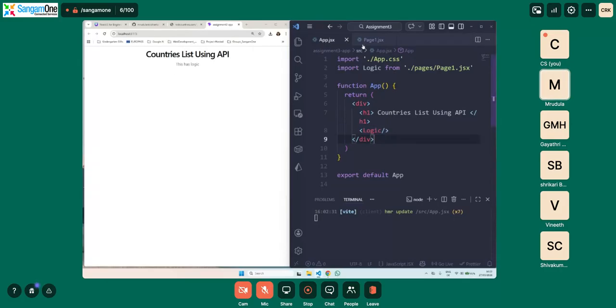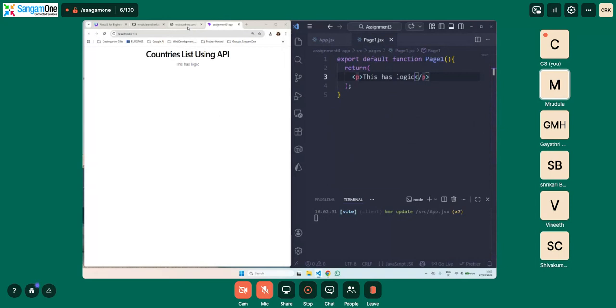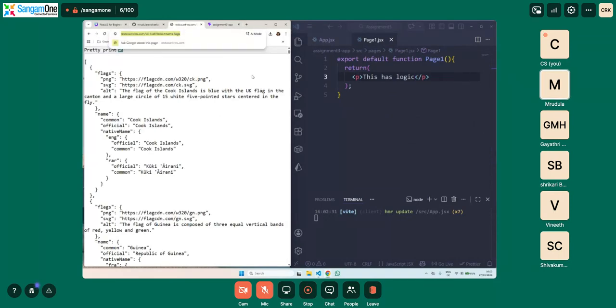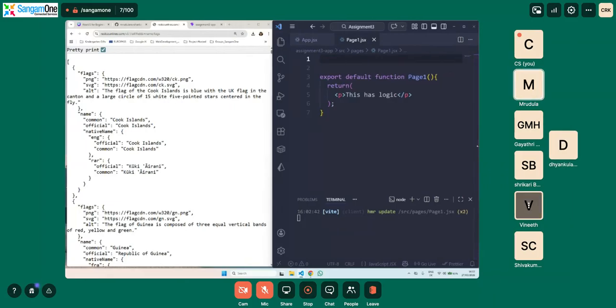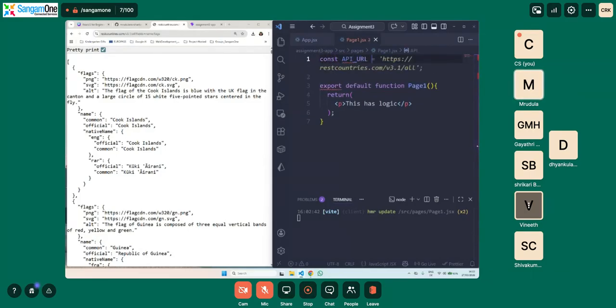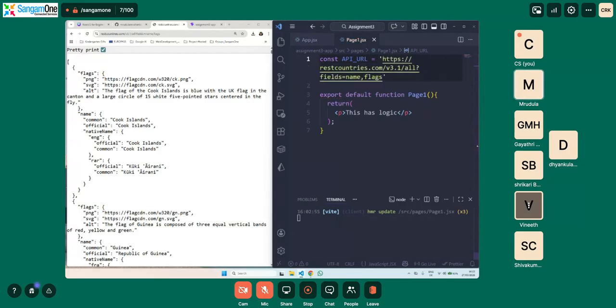Okay, now what we need to do is we will copy our URL and have it in a variable. Okay, I will call that API URL. Okay, const API_URL is equal to, and then paste it. Okay.